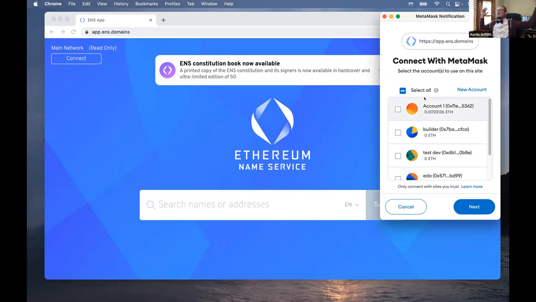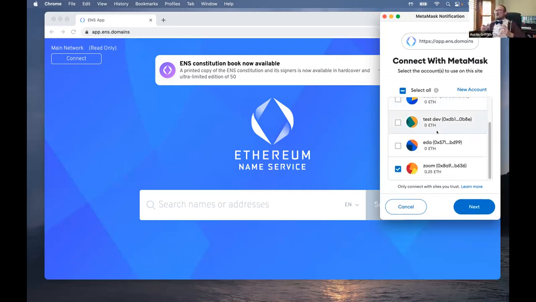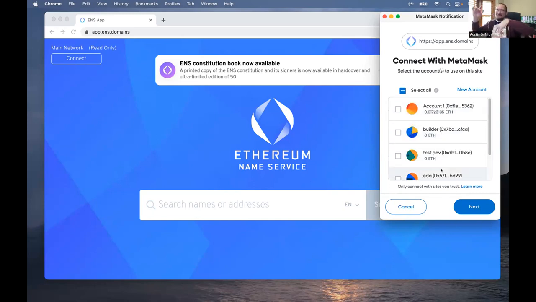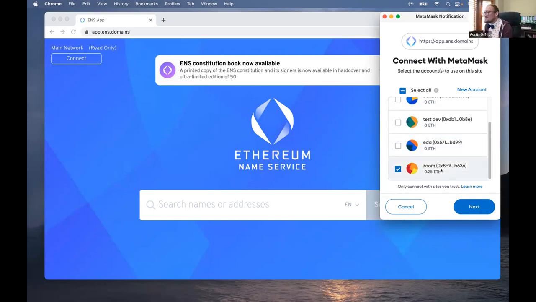Okay, so ENS is a good way to put a name to an address so people can address you by an easy name instead of having to copy and paste a big address, just like in DNS where you don't want to have IP addresses like 127.22. You want to have austingriffith.com and go straight to it. So let's register an address for our new account here and create an identity around this new account,